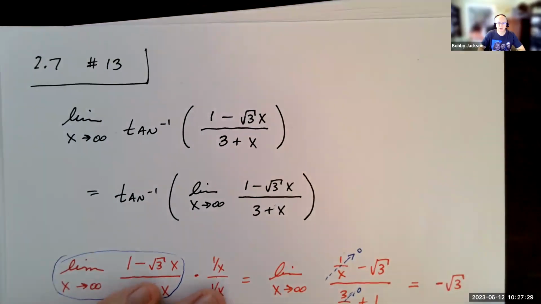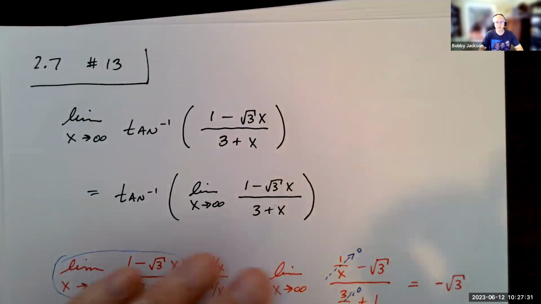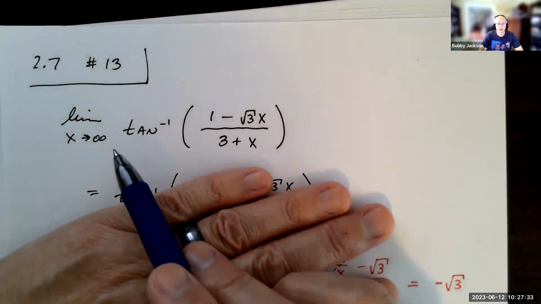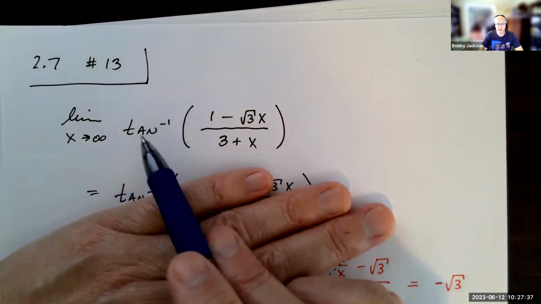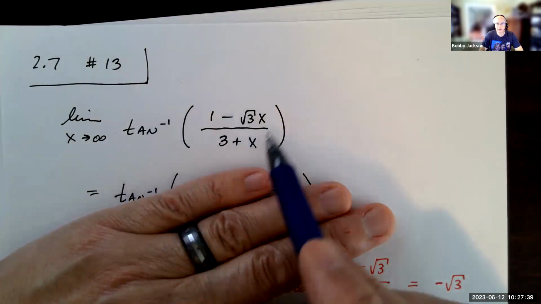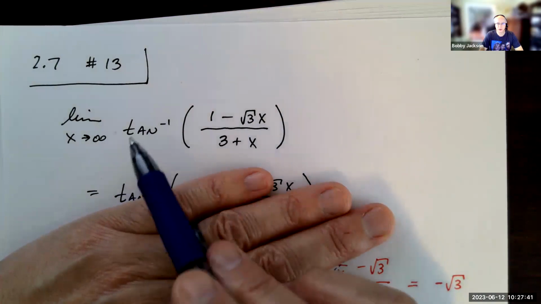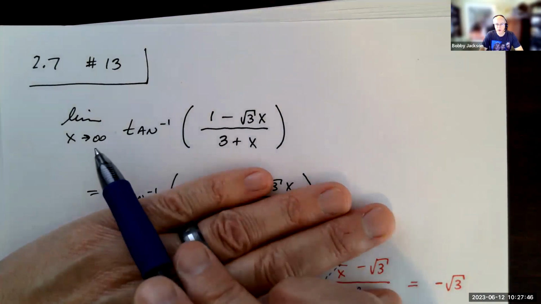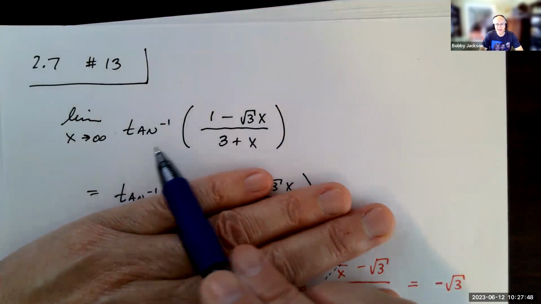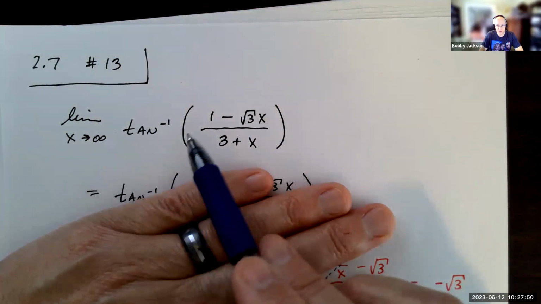We're going to look at number 13 in section 2.7. It's to find the limit as x goes to infinity of the tangent inverse. This is the arctangent function of this expression. So the arctangent function's domain is all real numbers, and we can push this limit inside such a continuous